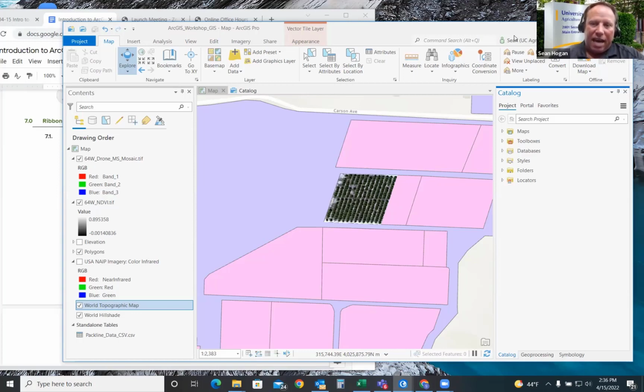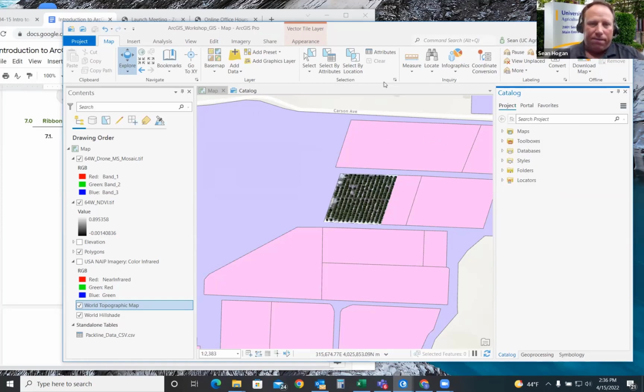And then the last half hour of the workshop, I want to focus on the cartography portion of the exercise, making a nice layout that we can work with for this data. So that's where we're going. Visualization, a little bit of joining, querying and analysis, and then finally the cartography. So with that said, let's add one more layer in here.